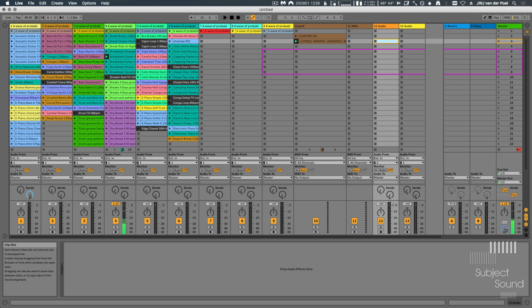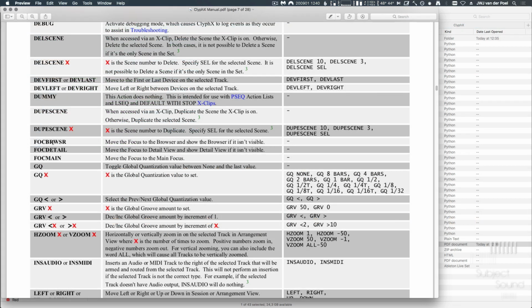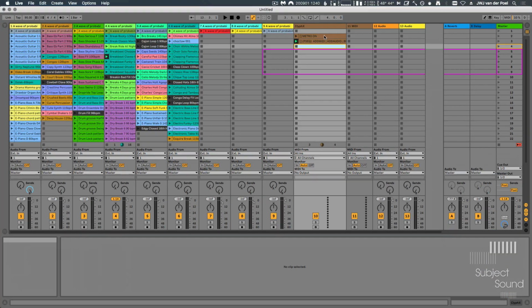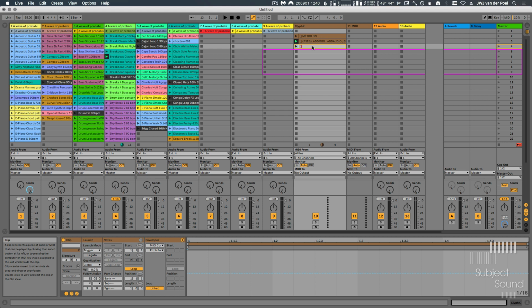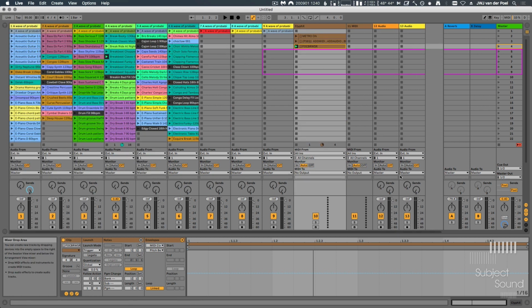There are countless more examples though. Let's take a quick look at the manual to find some of them. One thing we can find in here, for example, is Focus Browser. So let's try that one. We'll create a new clip. We'll start with opening and closing brackets, and we'll say Focus Browser. And it will open the browser for us. So this is a way of really customizing your perhaps cheap MIDI controller into something very advanced,